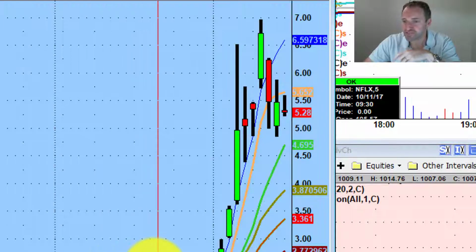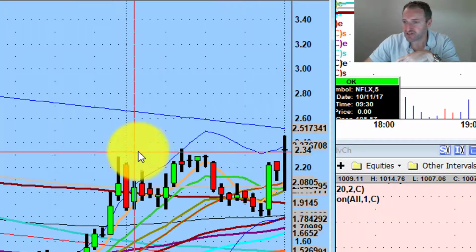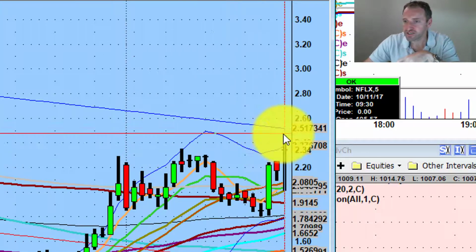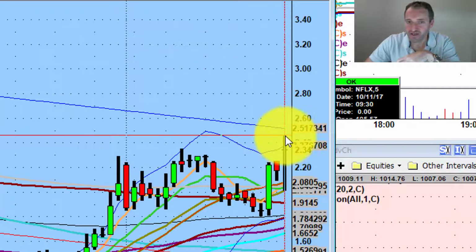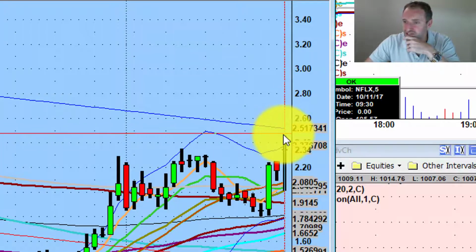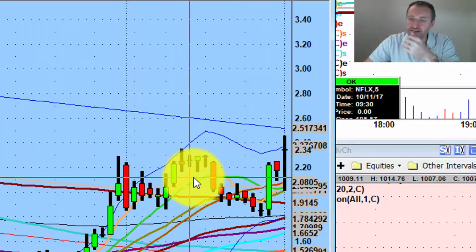But let's pretend this area right here. Okay, let's pretend none of this existed, right? So let's pretend this whole area right here is $2.50. The top of this channel is $2.50. The one thing you're always asking yourself when you're putting on risk and allocating 1% to that risk is, well, we know my max exposure is going to be $250, right, guys? 1% of $25,000 is